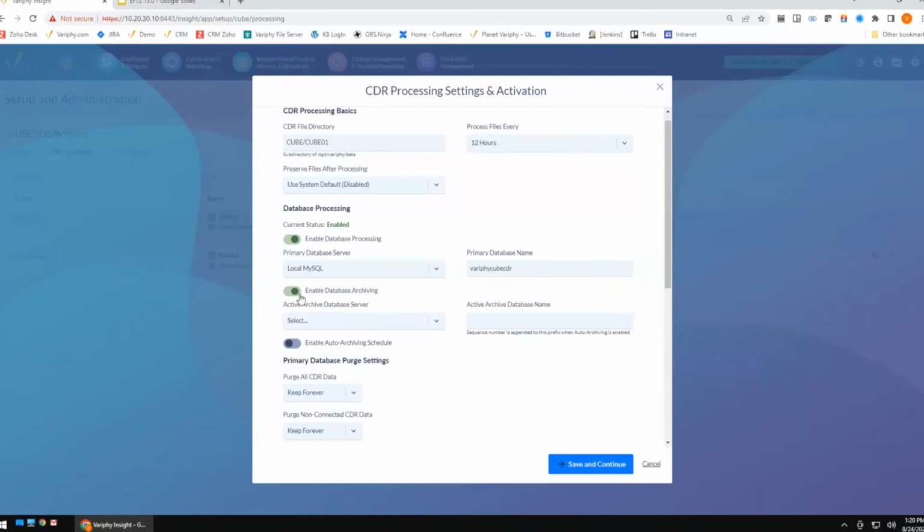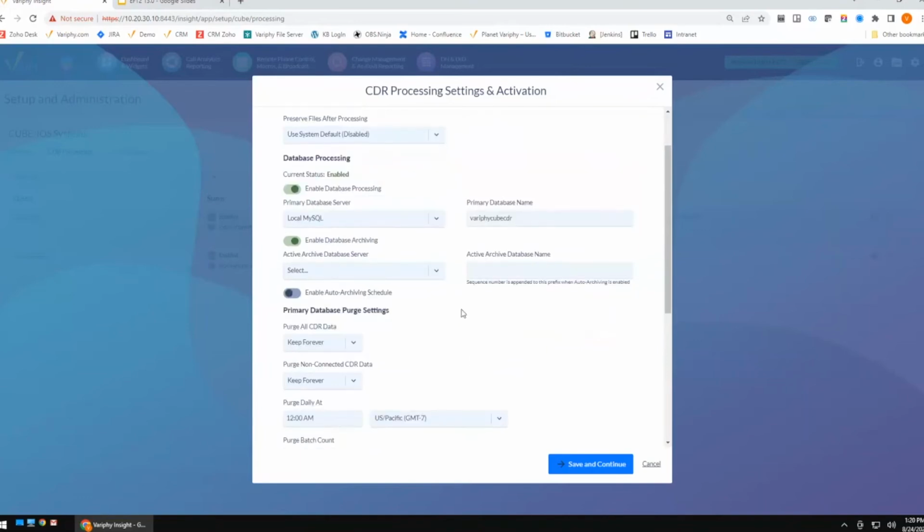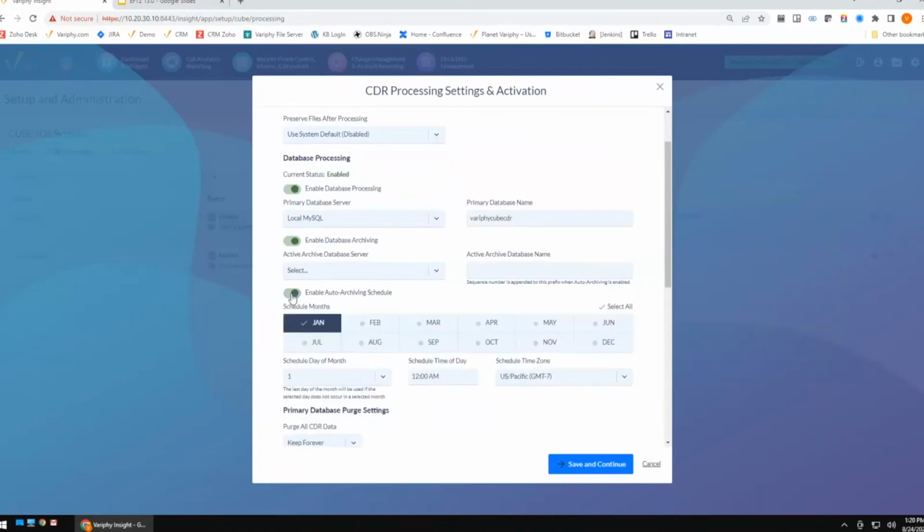So with database archiving, it's simply a matter of enabling database archiving and setting up your schedule for when you want your archives to occur. I'm not going to go too deep into the weeds on database archiving. If you are looking for some additional information, the last couple of webinars that we had really dig into the weeds of setting this up and how to set it up, as well as the purpose. This is out here in EFT2. Please feel free to take advantage of that.